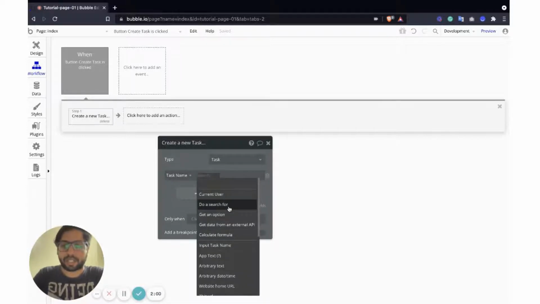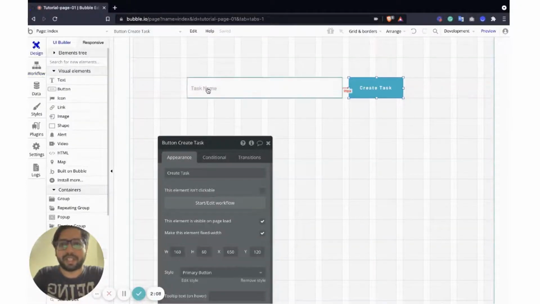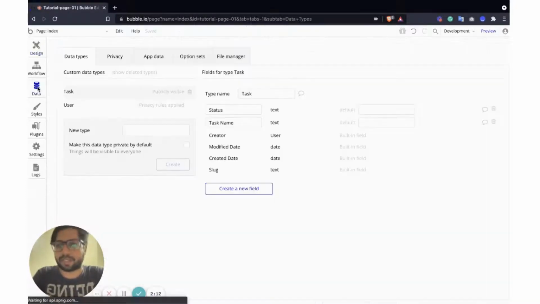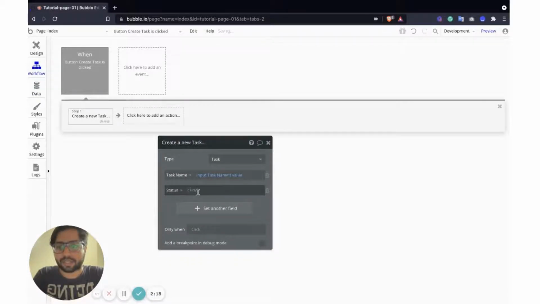We're going to provide a value from the input task name value. So whatever you enter here will be the task name in the database. Going back to workflow, we're going to set another field which will be the status of this task, and by default we give it open. So this will be an open task.